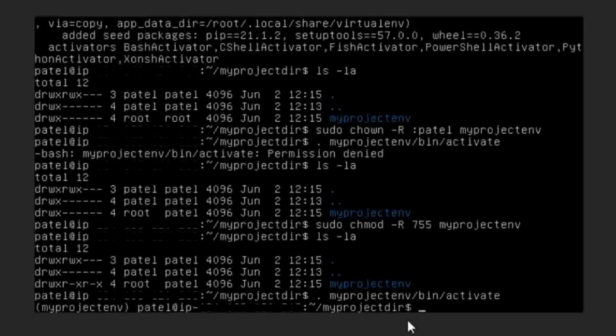Namaskaram. Here we are going to discuss a very basic thing which is so important from a security point of view and privacy as well. And that is the Linux file permission system.